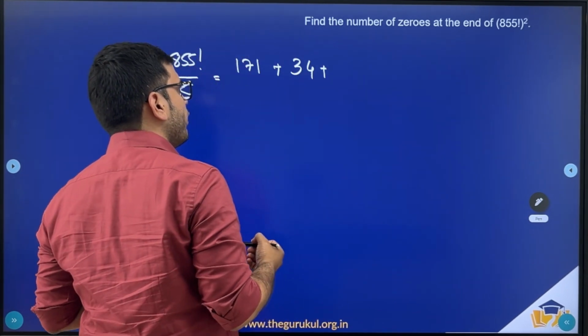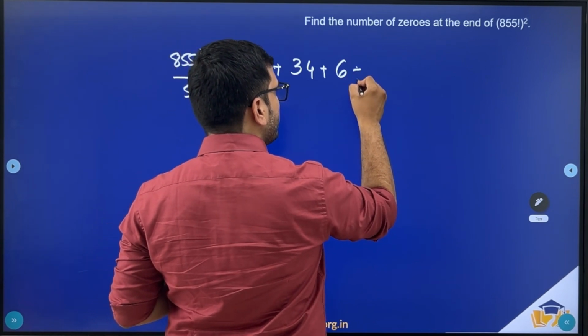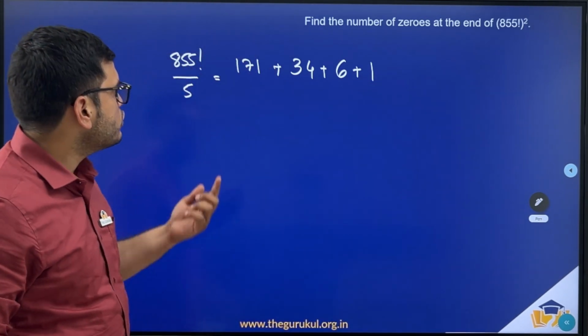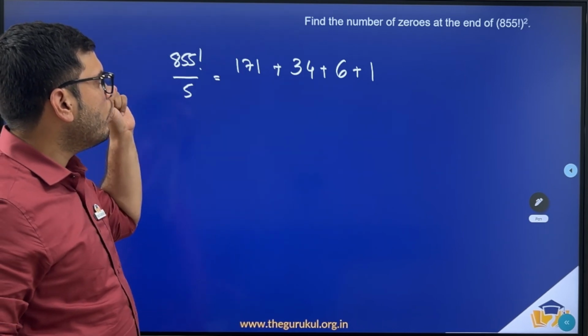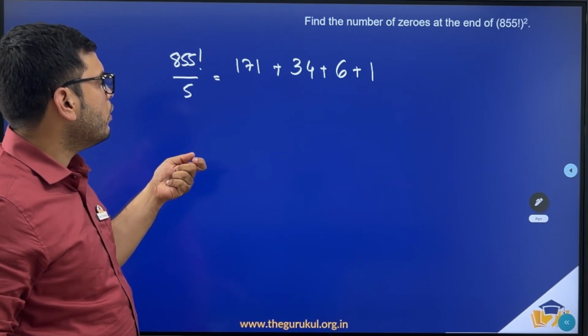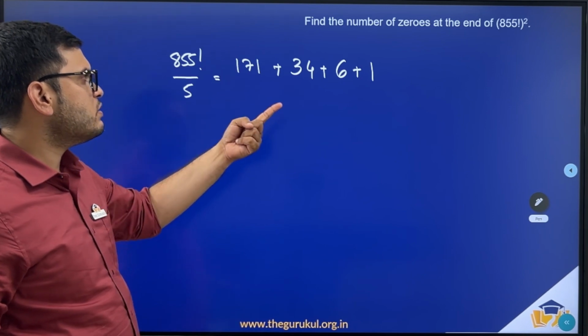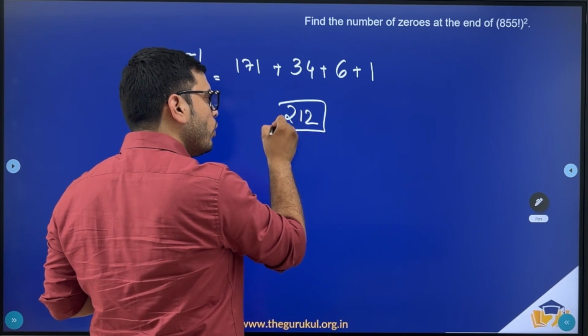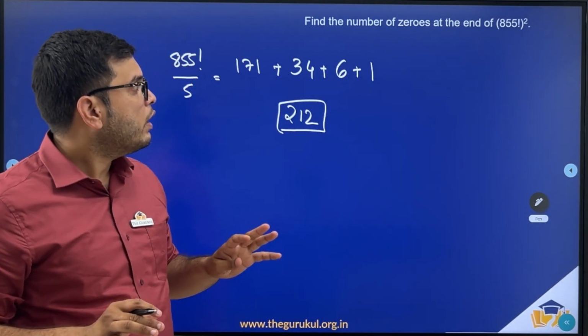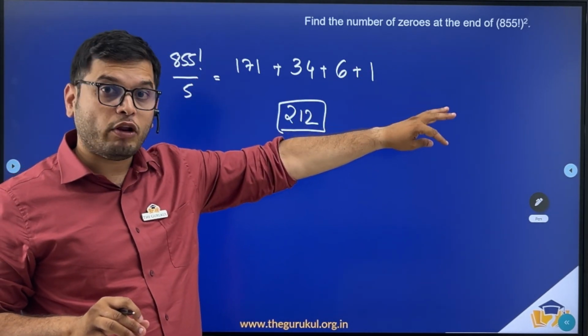Dividing 34 by 5, 6. Dividing 6 by 5, 1. So 171 plus 1, 172 plus 34, 206 plus 6, 212. So you have 212 zeros at the end of 855 factorial,